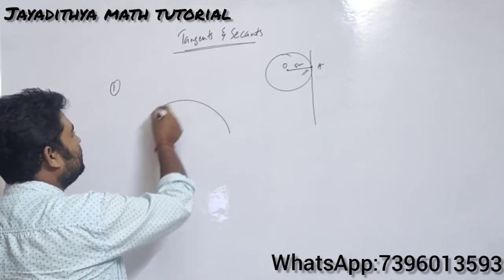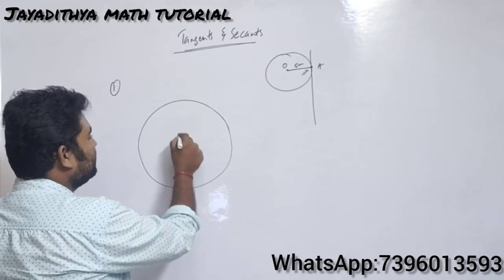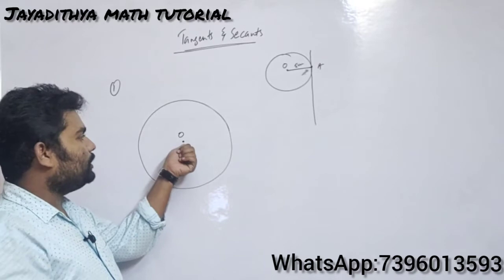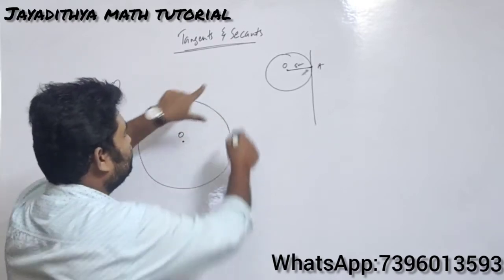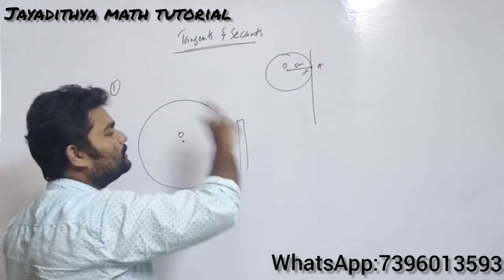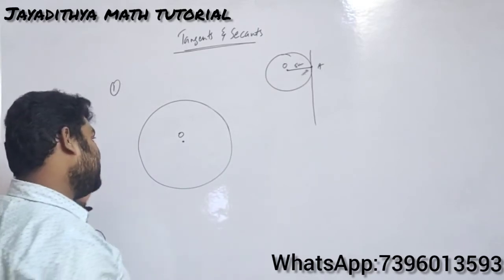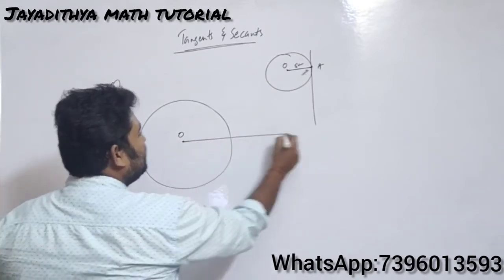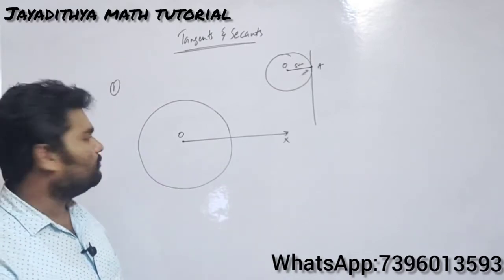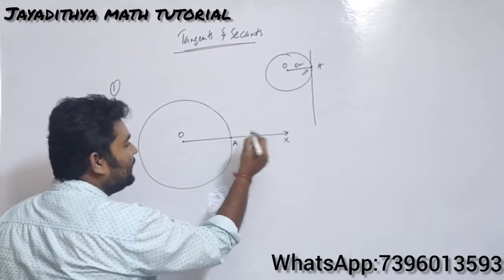So see here how to draw this one. First of all, you draw a circle with radius 5 centimeters. Here you know the center. I think you know how to draw the circle. So place the pointer here, take 5 centimeter radius on the scale. Take the scale like this and measure 5 centimeters, and take the center and draw the circle. So like that you can draw the circle with radius 5 centimeters, and then draw a line in this manner. Draw a ray OX such that it cuts the circle at point A.